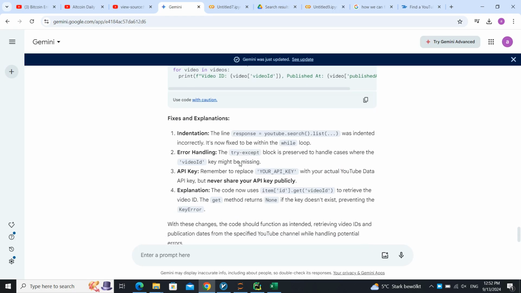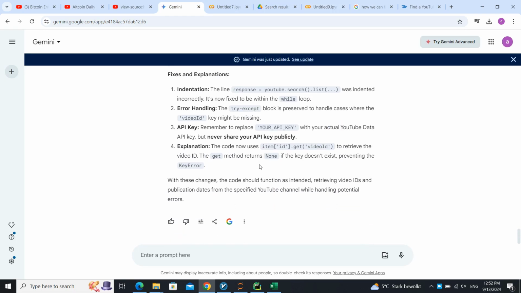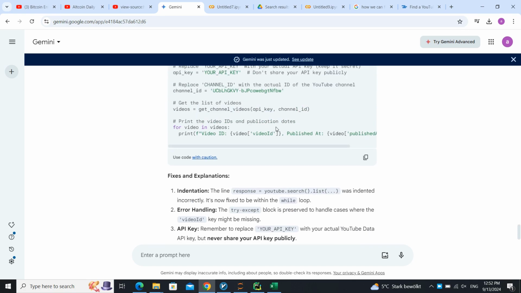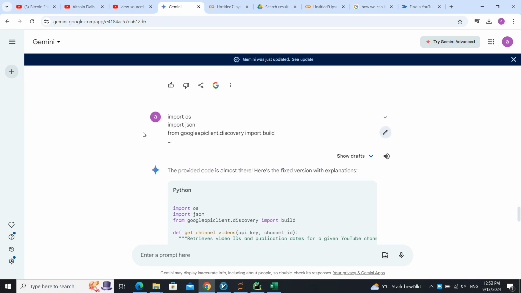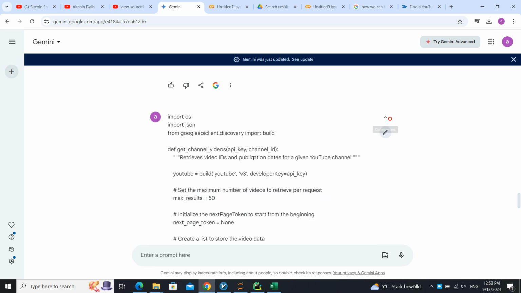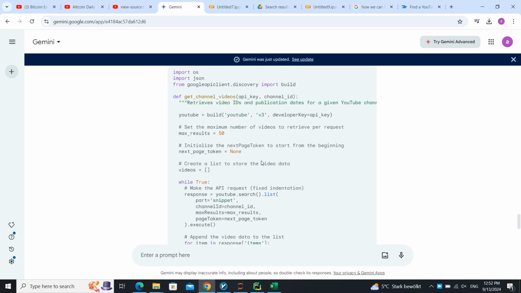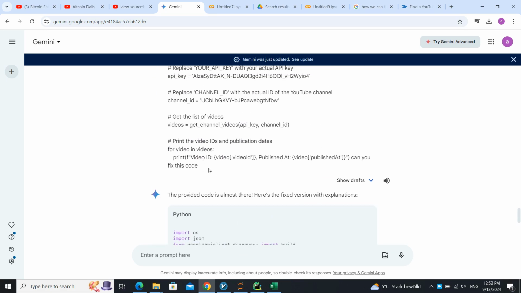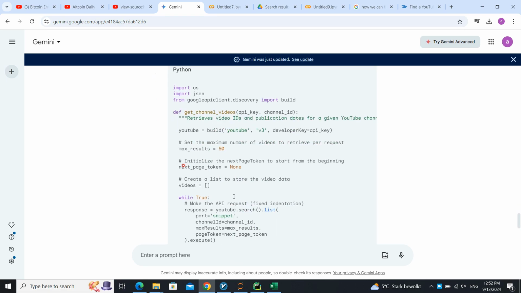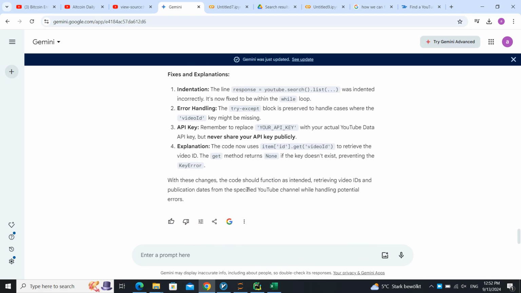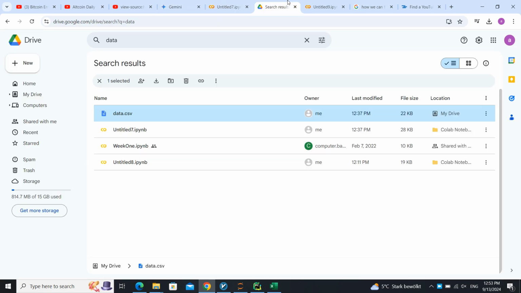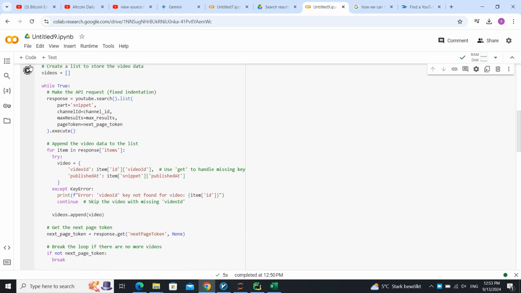What did I do? That's so stupid. Many of the programmers didn't tell you, but I just paste all the problem here and say to Gemini, please fix it. Paste all the code here and say, can you fix this code? And it gives me the fixed code, and then I put it back, and then when I run it,